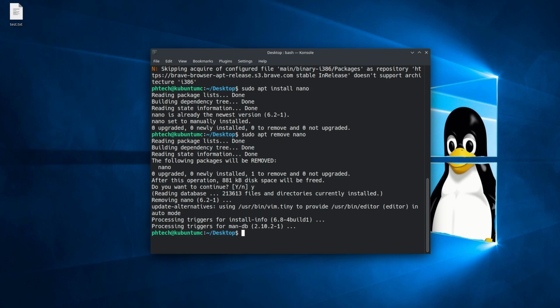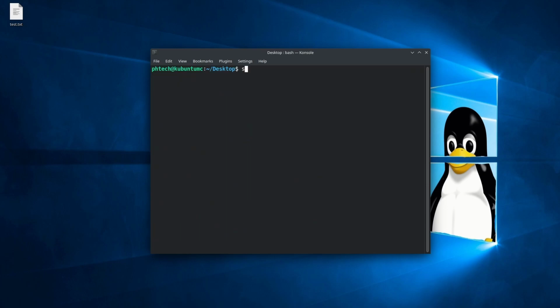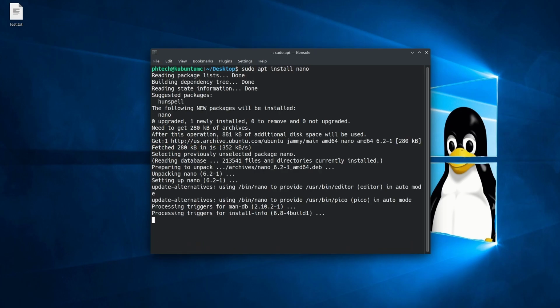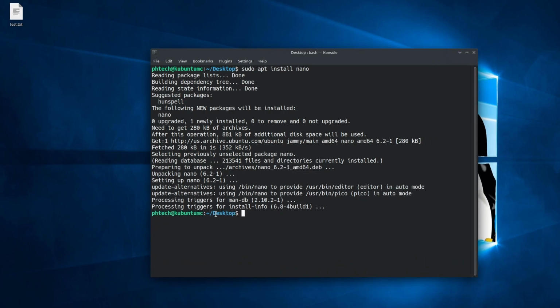Okay. Now, if we go to sudo apt install nano, this is what it should look like in your terminal. It'll reach out, find the new packages that it wants to install, and install everything for you. We're still in our Desktop directory inside the home directory, and we want to access test.txt using nano. So let's go ahead and sudo nano